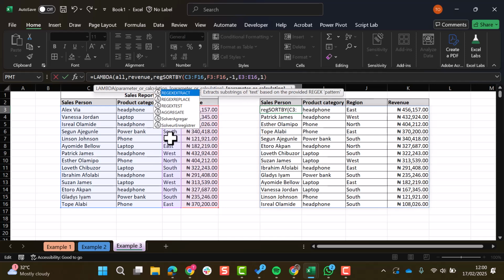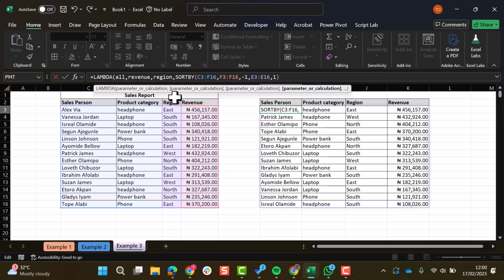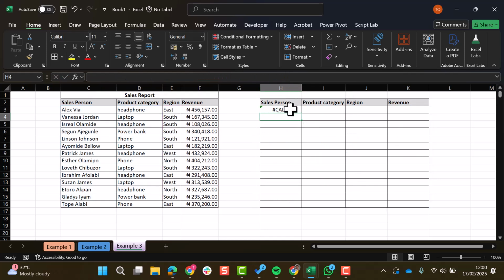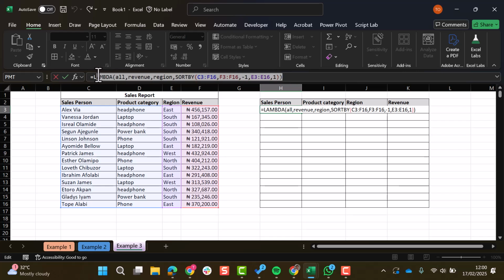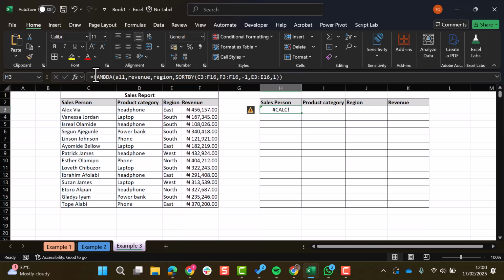I just type region, right? Then this will be the calculation. Then I close my bracket. Of course, I'll get a calc error, so I just need to state out those formulas. So instead of doing that again, I'll just copy the entire Lambda,